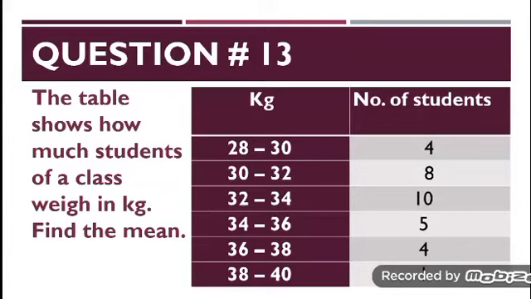This is the grouped data. Grouped data is always in the form of class intervals, as this table is in the form of class intervals, so this data is the grouped data, and these numbers of students represent the frequency of each corresponding class interval, and this complete table is known as frequency distribution table. Now we calculate the mean of this grouped data.